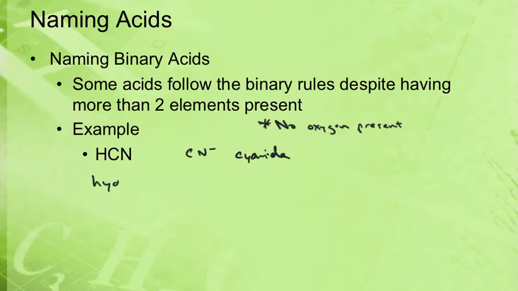This is going to be hydro. And then instead of the root of the second element, because there's multiple elements here, it's the ion. So the root is cyan. The suffix is still -ic, and then acid. So putting that all together, that is hydrocyanic acid. So just be careful with that. Basically, if you see oxygen, you're going to use the oxyacid naming rules, which we'll see here in just a moment. If you don't see any oxygen and it starts with a hydrogen, then you're probably going to use binary